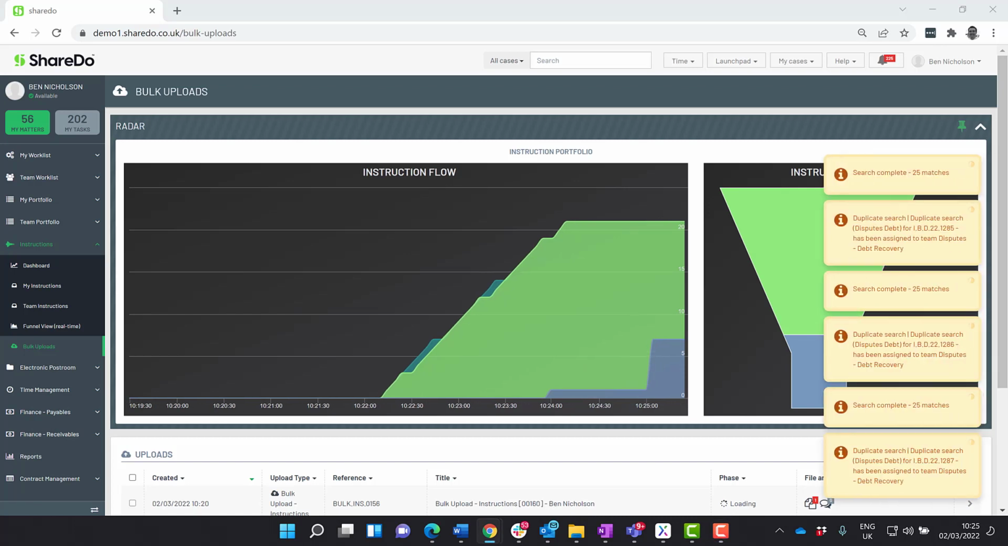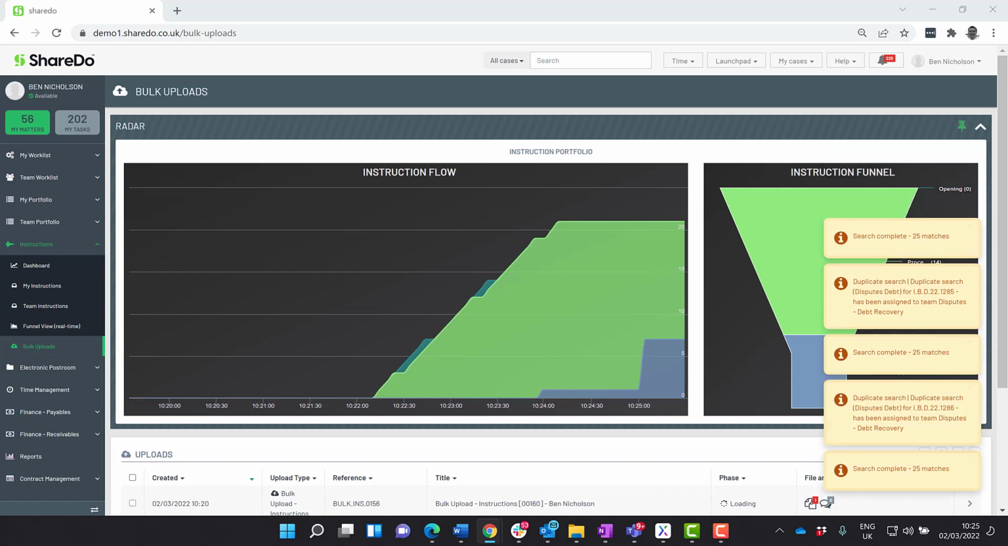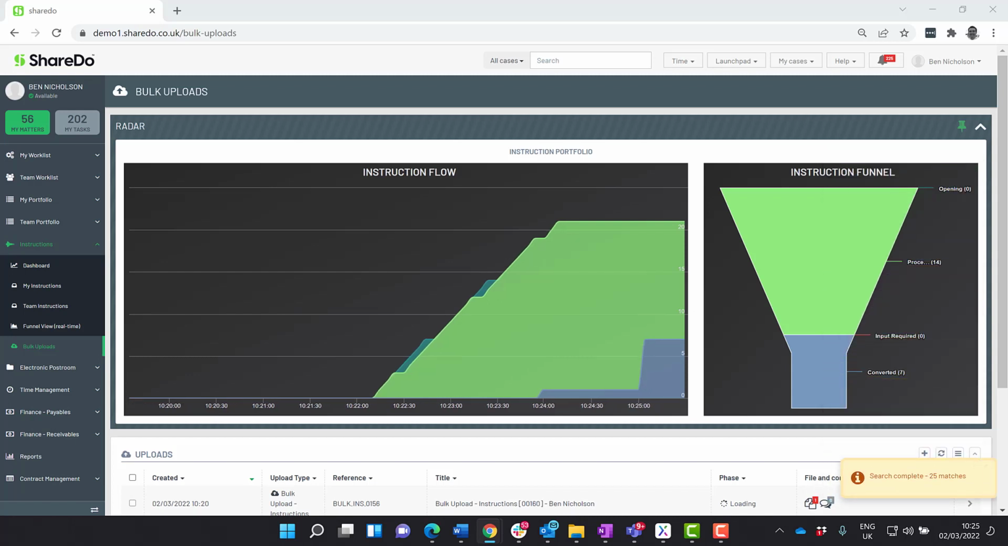You can see some notifications coming through about the compliance checks. Those can be turned off. That will get a bit busy if you're running thousands of these at once. Let's give it a couple more seconds. It's doing a batch, as we can see, and we're into